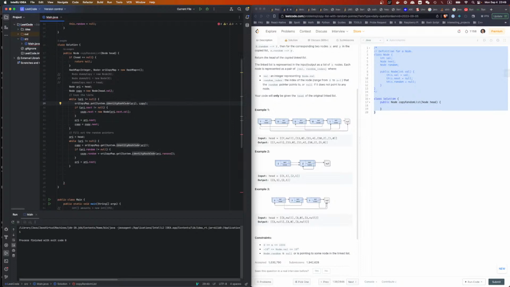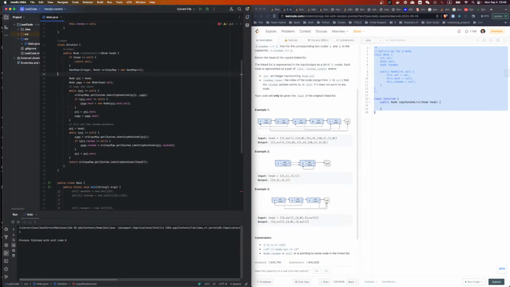And we're gonna do this copy, and then we say if original next is not equal to null, copy.next equals to this, and then they move forward. Original equal to head, blah blah blah. Then we're gonna return, right? Return original copy map dot get System dot identity hash head. Right? We don't even need